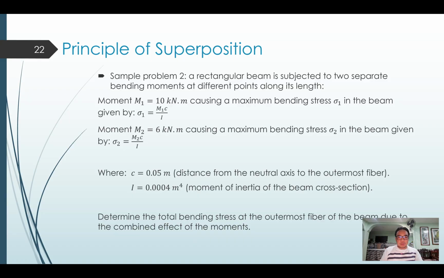Moment M2 is equal to 6 kilonewton meter, causing a maximum bending stress in the beam given by sigma 2 equal to M2 C over I, where C is equal to 0.05 meter. This is the distance from the neutral axis to the outermost fiber. And I is equal to 0.004 meter raised to the 4th power, the moment of inertia of the beam cross section. We will determine the total bending stress of the outermost fiber of the beam due to the combined effect of